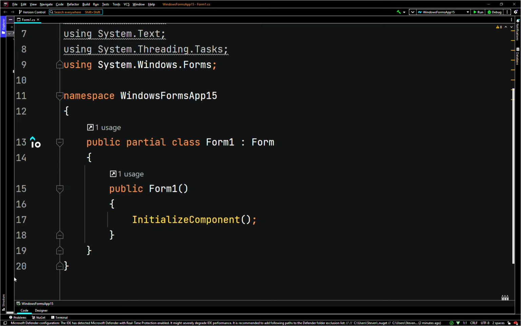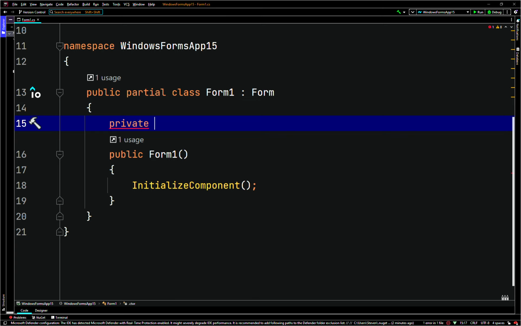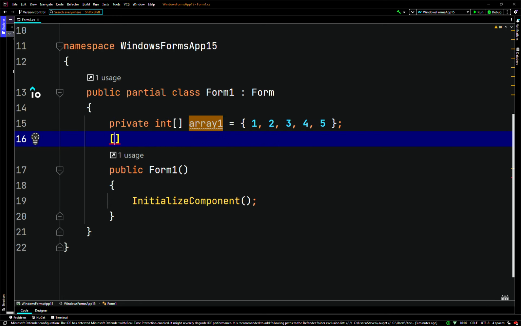So that can be tricky. You can't just do something like this. I'll show an example on the screen here. Let's say we have two array fields here. I'm not forgetting the private access modifier. So we have private int array, array1 points to some values. Then we have a private int array, array2 points to some values, for example,